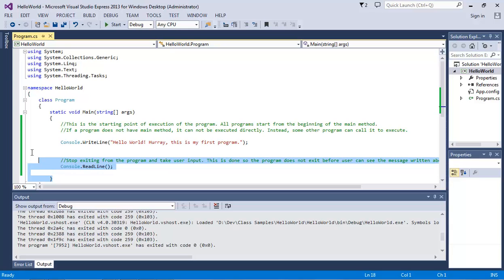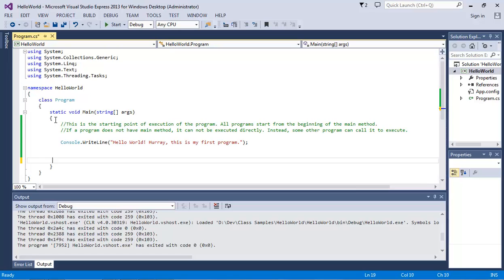Because this main method, this main block of code, is the point of execution from where it starts. This is the first line, second, third, fourth, fifth, sixth, seventh, eighth, ninth, tenth, it carries on until this block of code finishes, which is when the main method finishes. Notice after Console.ReadLine the main method finishes, there is nothing, so the program also ends. This is one way. Another way is to